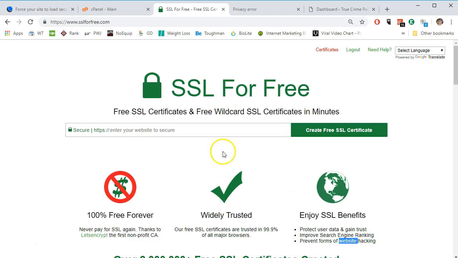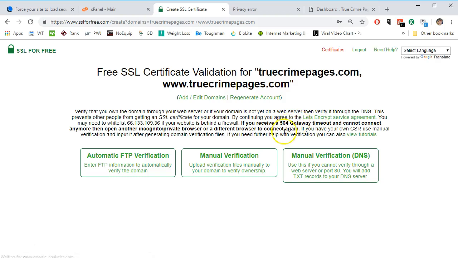website hacking. So what we're going to do is put truecrimepages.com in here. This is where you would put your domain name, and it's going to go through the process of verifying that you either own the website or you have admin rights to the website and are able to do a few essential things. So let's click Create Free SSL Certificate, and it's going to give us 3 ways that we can